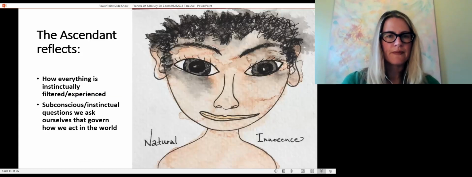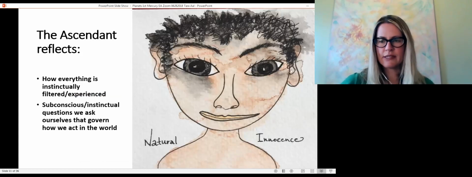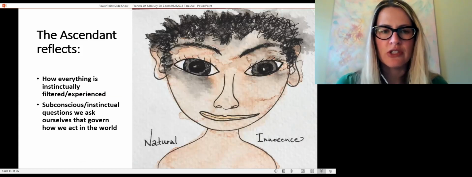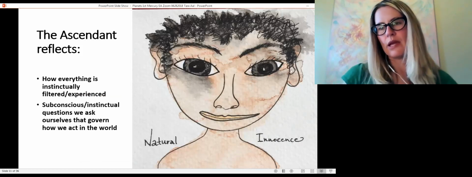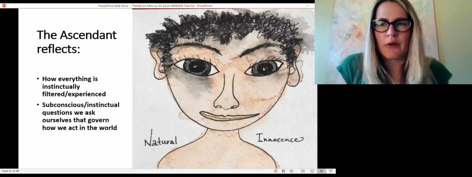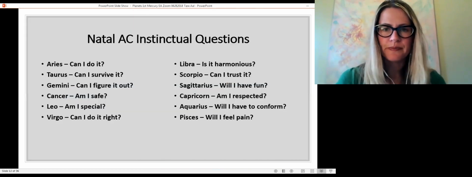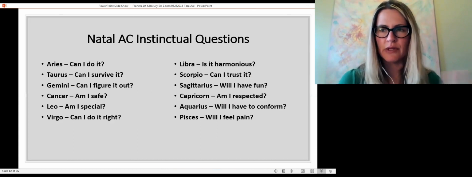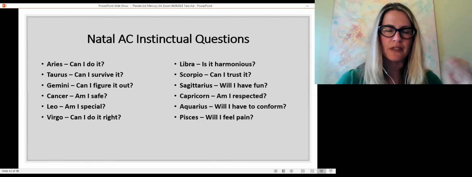Okay. So the ascendant reflects how everything is instinctually filtered and experienced, and also the subconscious questions we ask ourselves in the moment that kind of govern how we respond or act in the world. So this is just one for each sign. There's a million more you can come up with, and you'll want to, if you're going to play with this for yourself.